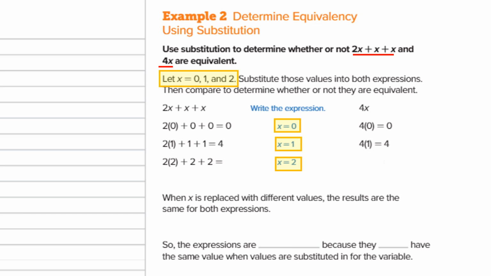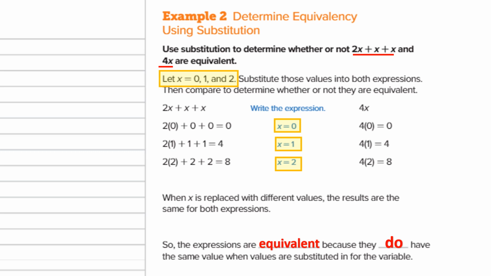We're going to plug in the 2's. And now, instead of 2 times x, we have 2 times 2 plus 2 plus 2. And that is going to be 2 times 2 is 4, plus 2 is 6, plus 2 is 8. All right, so if that's 8, what about the 4x? Well, that's going to be represented by 4 times 2 in place of the x, and that gives us 8 as well. So the expressions are indeed equivalent because they do have the same value when values are substituted in